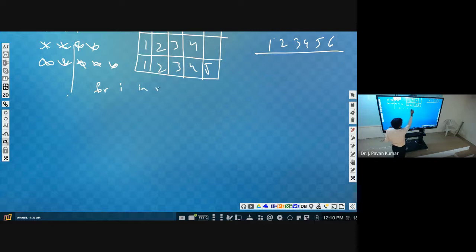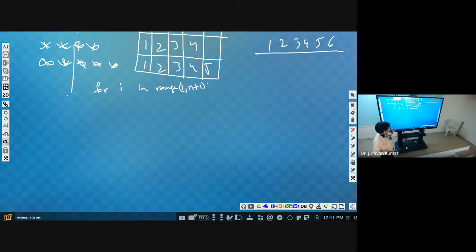So I in range how many rows? In this example 5, generalized to n rows. N rows that we will take as the input. So how can we repeat for n number of times starting from 1? 1 comma n plus 1. So this will give you, every time, the row number.